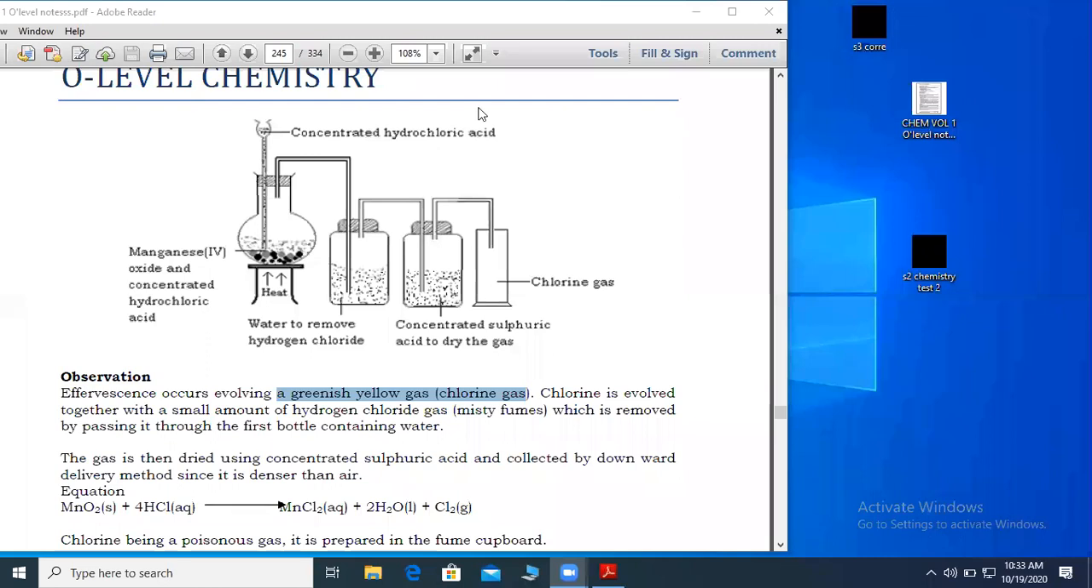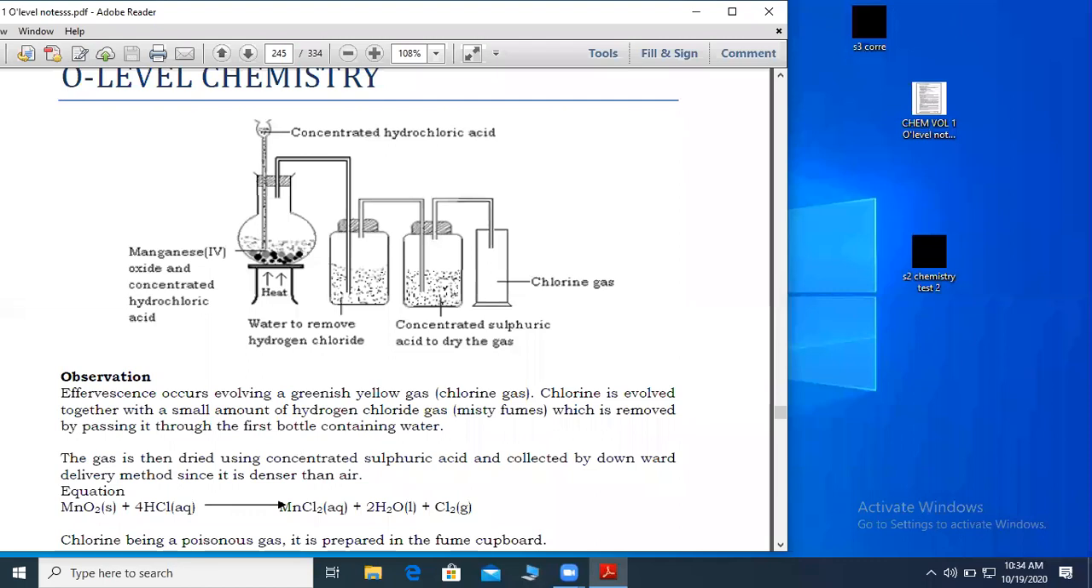A greenish yellow gas is evolved, which is chlorine. Chlorine is evolved together with small amounts of hydrogen chloride. But we have already said that this hydrogen chloride is removed by passing the chlorine gas through a wash bottle containing water. Okay. The gas is then dried by concentrated sulfuric acid and is collected by downward delivery since it